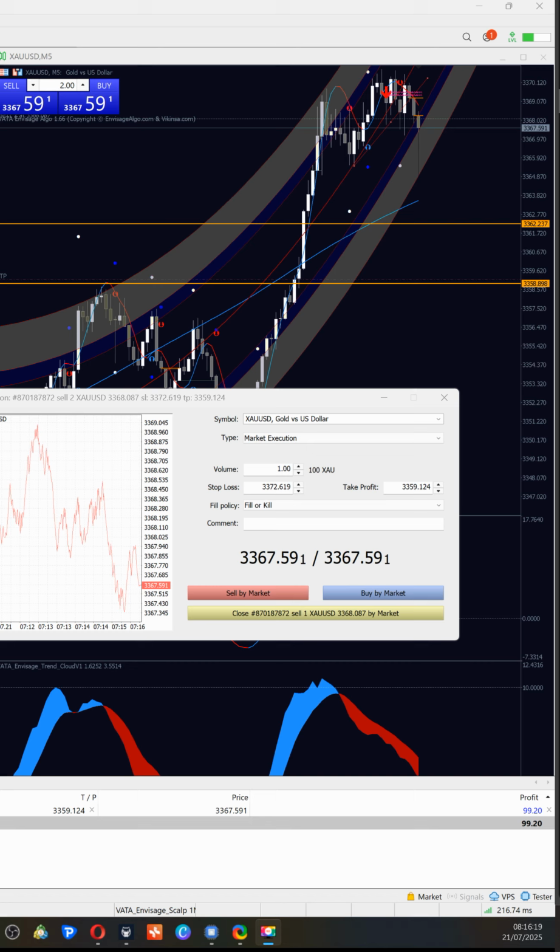So I will be taking partial profit here. Although the momentum was very good in this one, I'm expecting that the market may bounce up a little. So I want to secure the profit so that even if it hits the stop loss, we do not lose anything. The net result will still be minor loss or minor profit. So I will be looking to close half approximately around here.